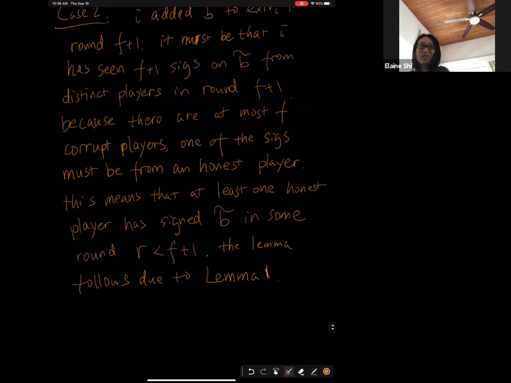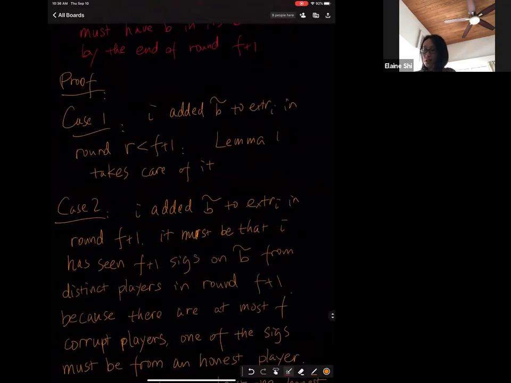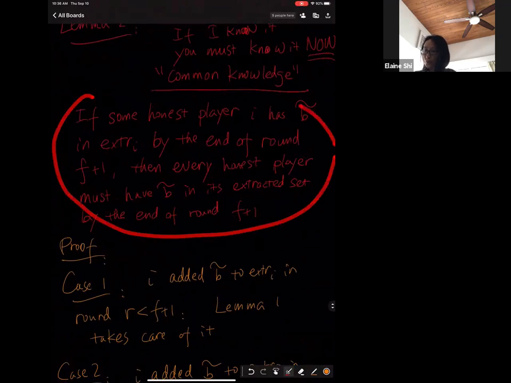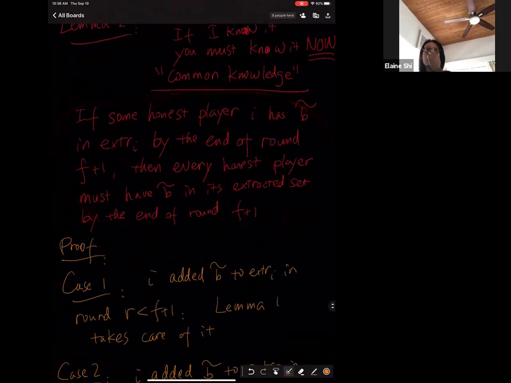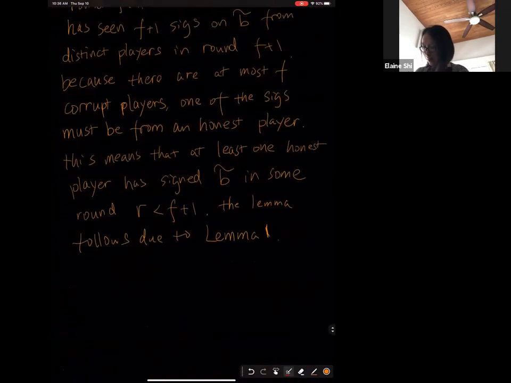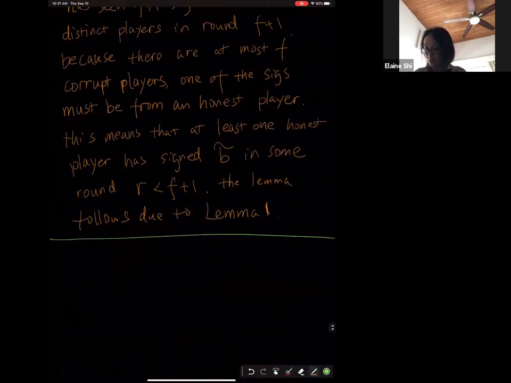I'll let you think about it for 30 seconds and see if you have any questions. So notice that this essentially gives consistency, right? If lemma 2 is true, then it just means everyone will have the same extracted sets by the end of the protocol, and therefore they'll output the same bit. So this immediately implies consistency. And let me just write that. It is easy to see